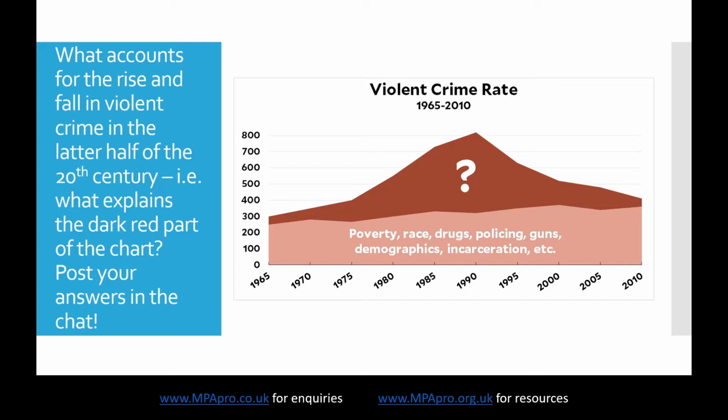And this is really just a bit of an introduction, partly to cover a few minutes while people are joining at the beginning, in terms of thinking about how we find things out from science and the importance of doing so. You're welcome to post something in the chat. There may be people here who know the answer. What is it that explains that huge rise in violent crime in the 20th century, and then why it came back down again? Does anyone want to hazard a guess?